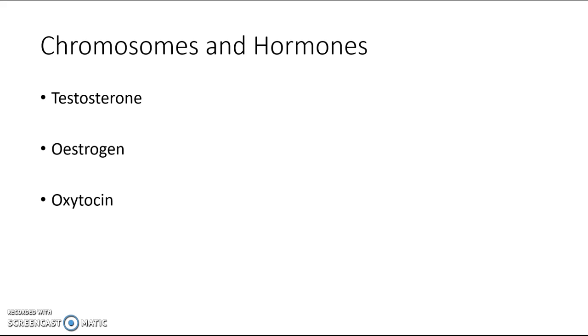In this section, we use the case of Dr. Money and the case study of Bruce and Brenda, where we had the young boy whose penis was burnt off in an accident at hospital, and so Dr. Money felt that the boy could be brought up as a girl. So we use this case study in relation to chromosomes and hormones because we saw as Brenda grew up, she wanted to be male despite having had different treatments and being brought up socially as a female, and it shows the role that chromosomes and hormones play in someone's gender development and gender identity.